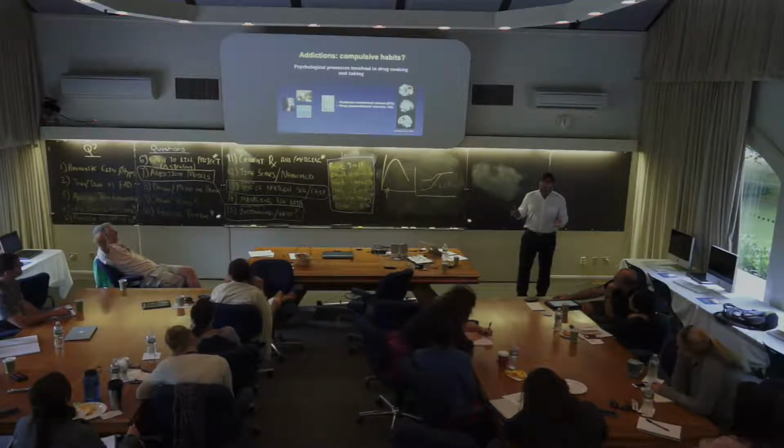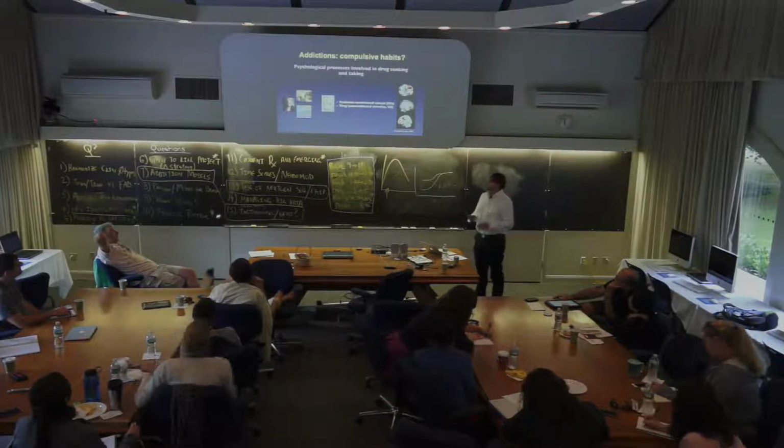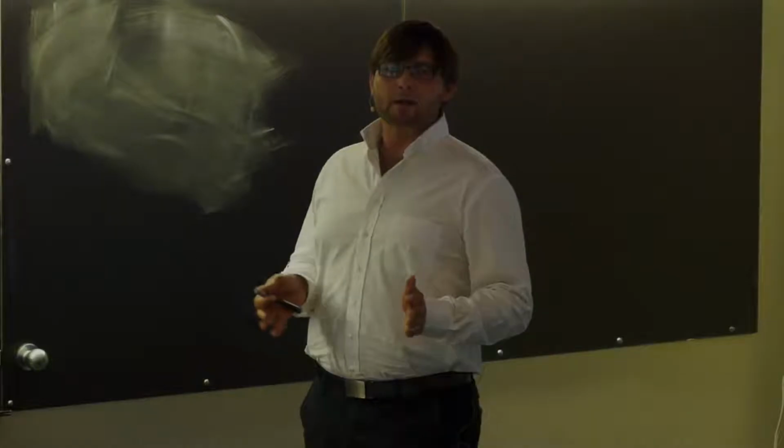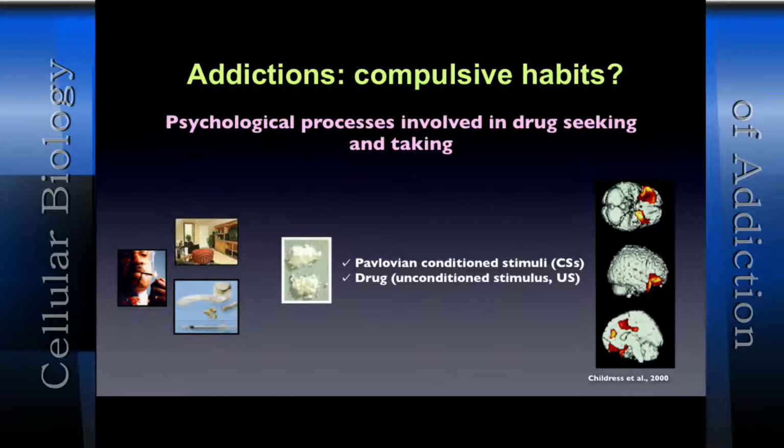So first of all, addiction, which I discussed yesterday, has to do with conditioning. There are different kinds of conditioning. The first one, the most studied, is Pavlovian conditioning. Every single time you're exposed to a stimulus that is an unconditioned stimulus, a reinforcer, and stimuli happen in the environment alongside the unconditioned stimulus, you would build up associations between the unconditioned stimulus and those stimuli that become conditioned stimuli. And these conditioned stimuli, CSs, actually get all the motivational properties of the unconditioned stimulus.